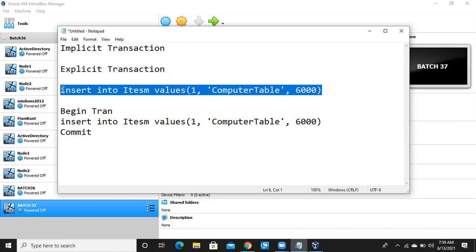No, not committed. It is just temporarily stored in the log file only. It won't be committed as I don't give the commit.